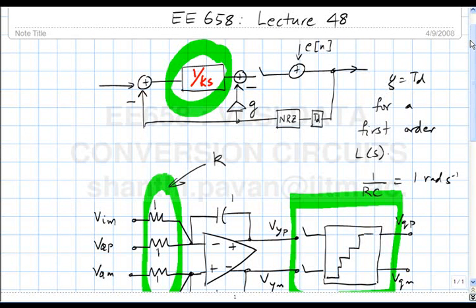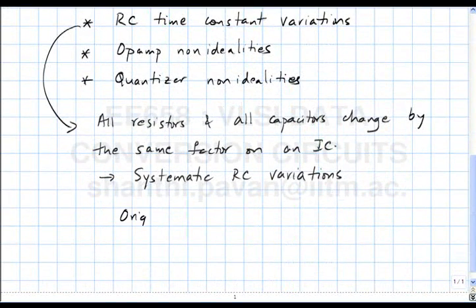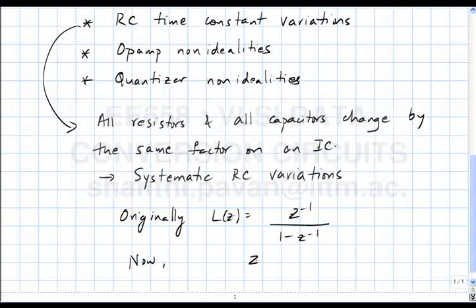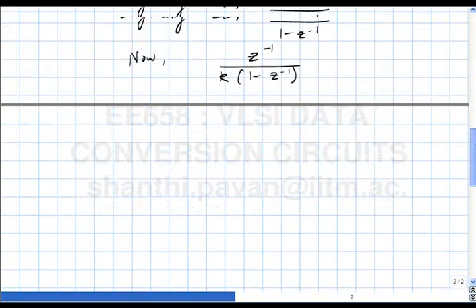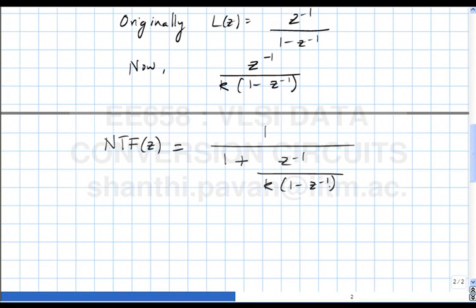The sampled response of the loop filter, or the loop gain, which was originally Z inverse by 1 minus Z inverse, is now just multiplied by a factor of 1 over K. So, what happens to the NTF of Z? It is 1 by 1 plus Z inverse by K times 1 minus Z inverse,